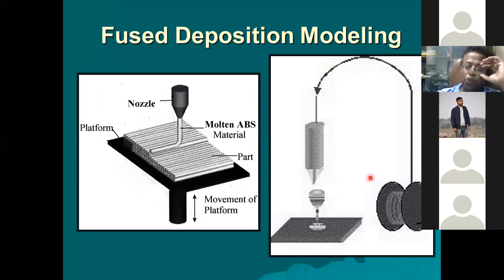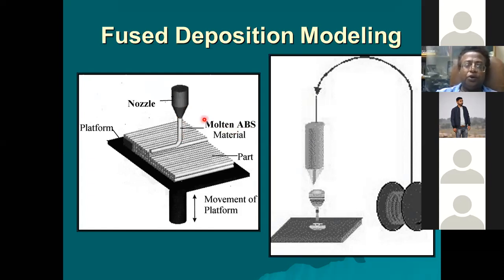So there's a spool and there's a continuous wire. This continuous wire is drawn in by counter-rotating rolls. इसमें दो रोल होते हैं, ऐसे उल्टा घूमते हैं, तो अंदर खींचता है वायर को. And there's a heating element also here. These heating elements heat this polymer wire, and it comes out like this from here. So it is a molten ABS material.